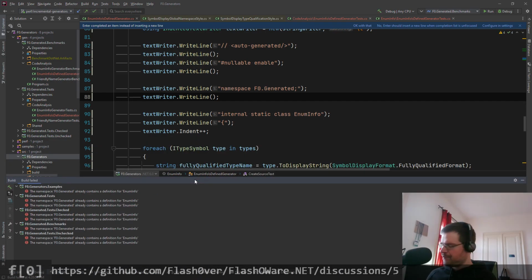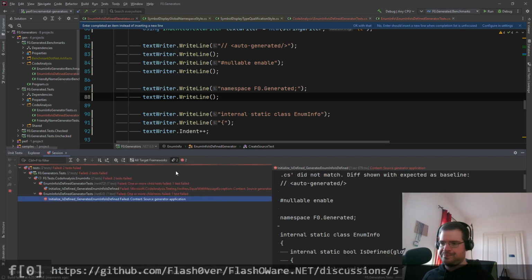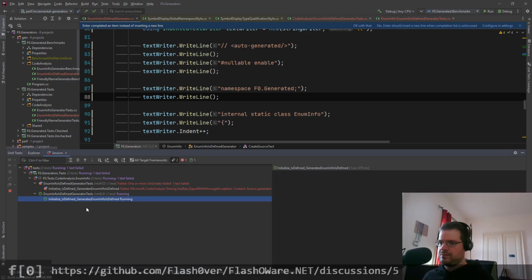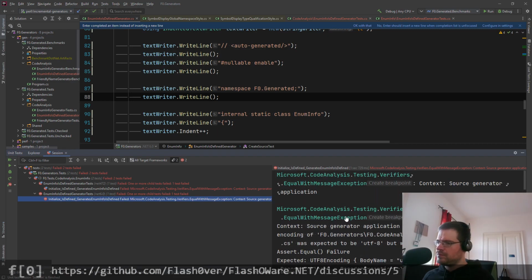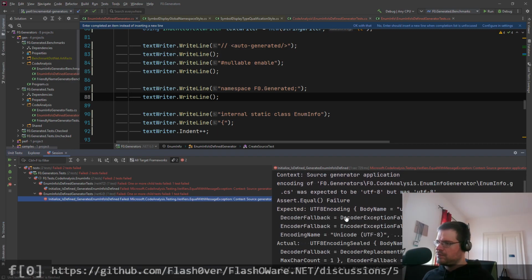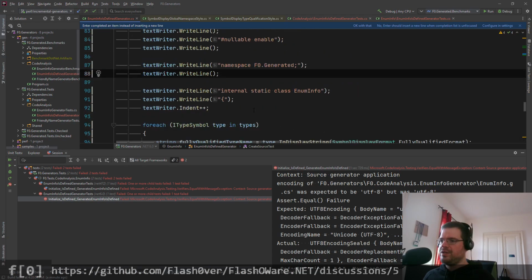Run it. Okay, there is something wrong with the formatting or with the encoding, but the source text is fine, so that's cool. I will now go ahead and fix this one issue that our generator should create, because we have another